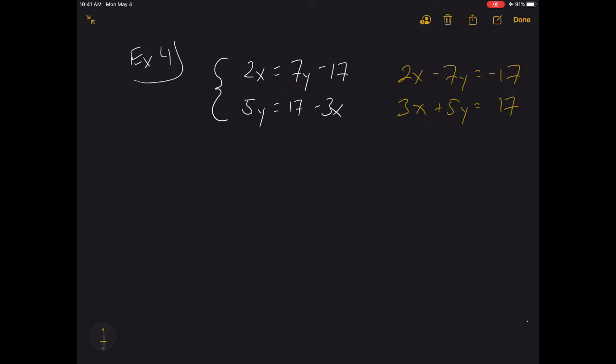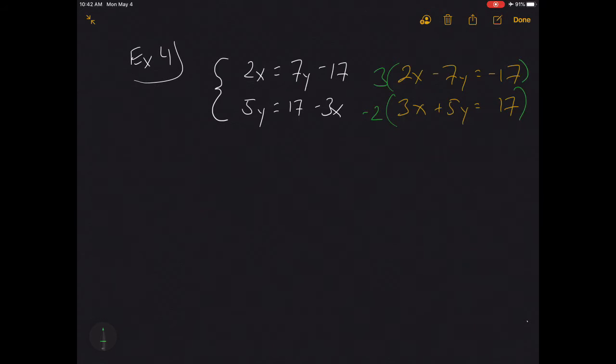Now the idea is, what do I multiply times 2 and what do I multiply times 3 to make those the same? What you're really looking for basically is a least common denominator. There's no fraction here, but that's the general idea. So the least common denominator between these two would be 6. So I would have to multiply the top equation by 3. I'm going to multiply the bottom one by 2 to make the x's 6, but I want to multiply it by a negative 2. That way, I can make it a negative 6 on the bottom, and then we're ready to use the addition